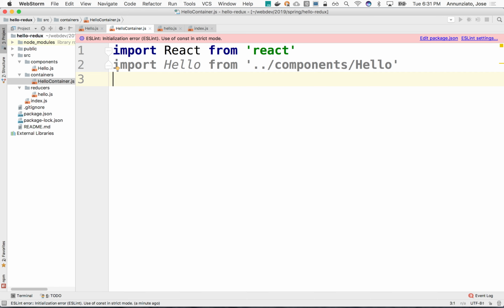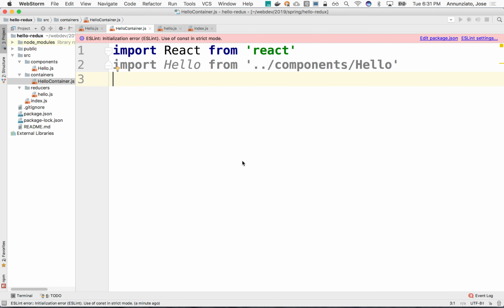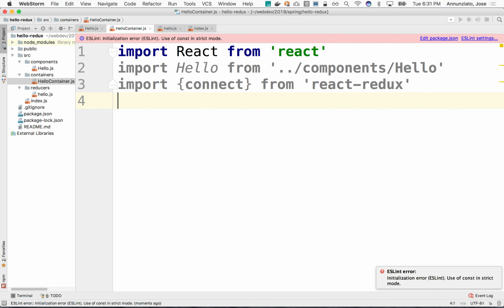And the mapping is done by a function called connect, an appropriate name, that is implemented by the React-Redux library. Remember, there's the Redux library, which is the core, and then there is React-Redux, which is the glue between the two. And connect is what makes the glue. It says, okay, give me the state, and I'm just going to pass it as a property. So we need to